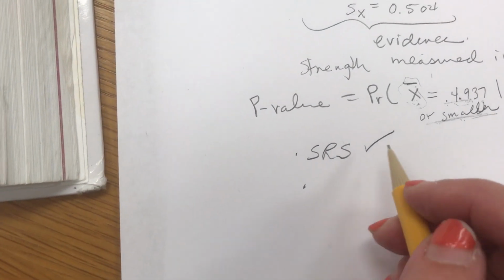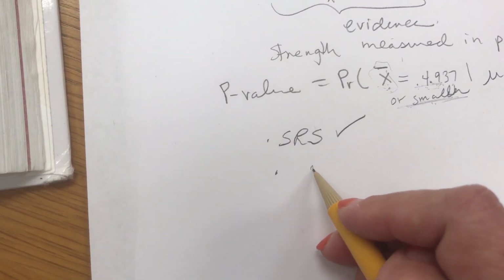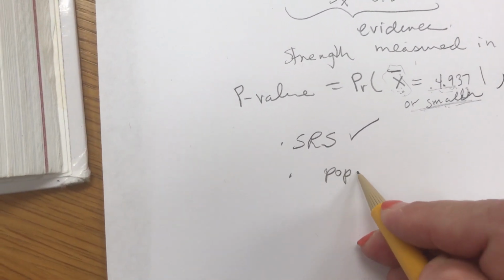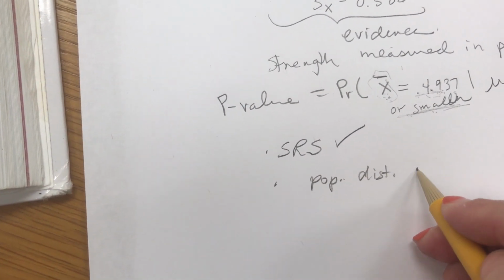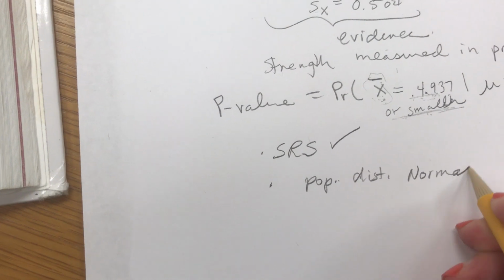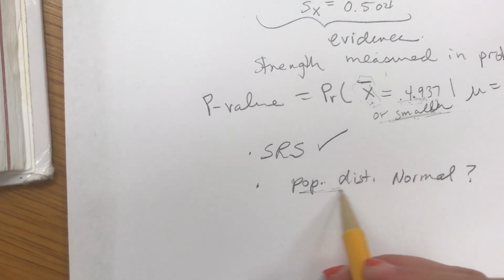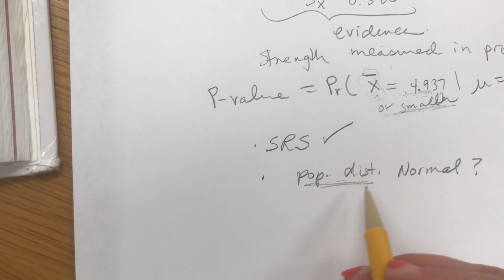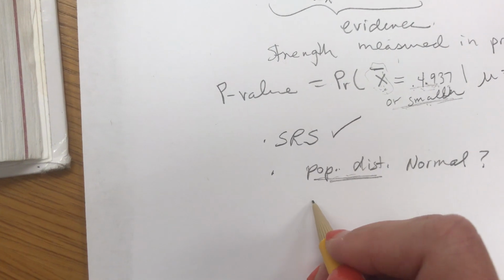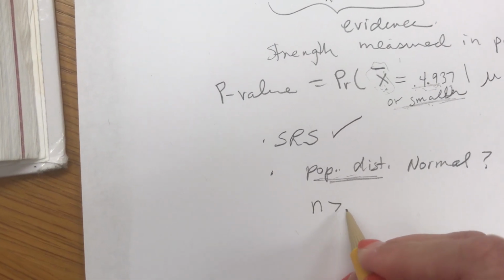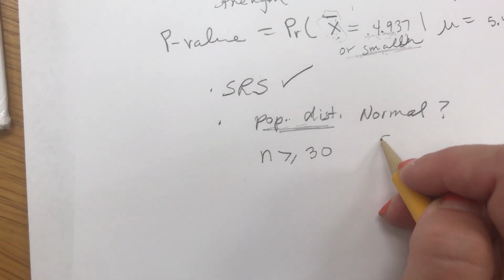I'm going to ask, do I know anything about the actual population's distribution? Is the population distribution normal? And sometimes we do know something about the shape of the distribution for all possible values, all possible subjects, but it's rare. Now I have the central limit theorem that says if the sample is at least size 30, then the student T